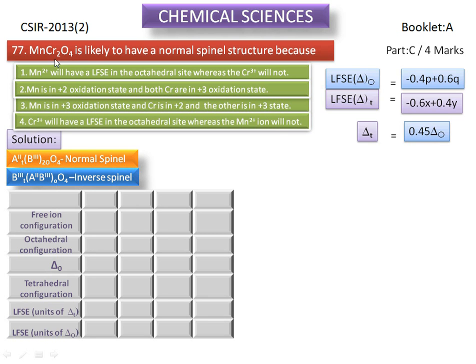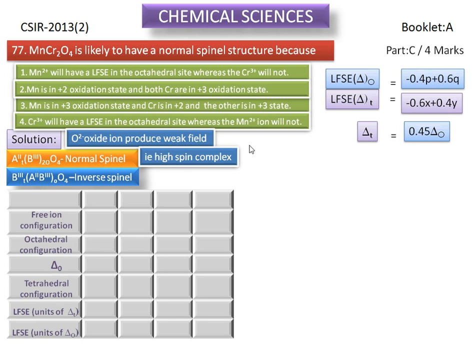Now we are in doubt whether MnCr2O4 will have a low spin complex or a high spin complex. Usually oxide ions produce a weak field, that is, a high spin complex, like water molecules. Now let us discuss how LFSE plays a role in predicting the structure of spinels. Now we calculate